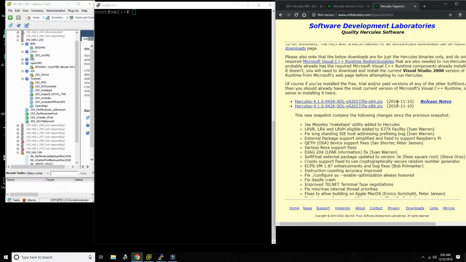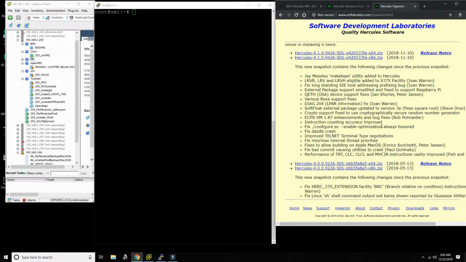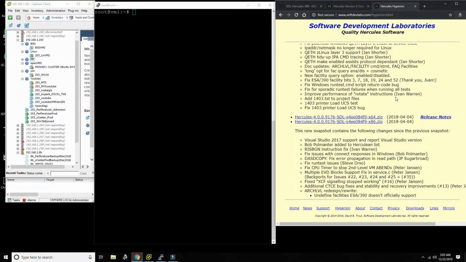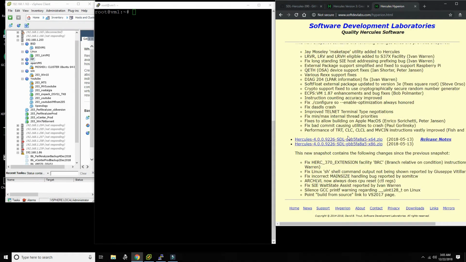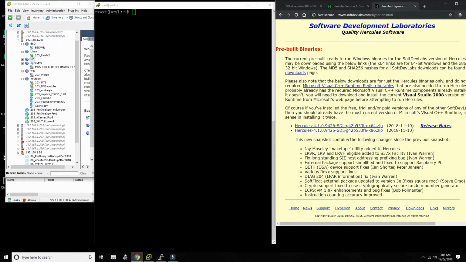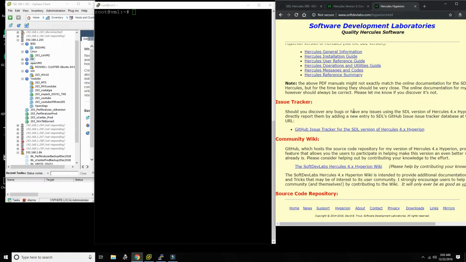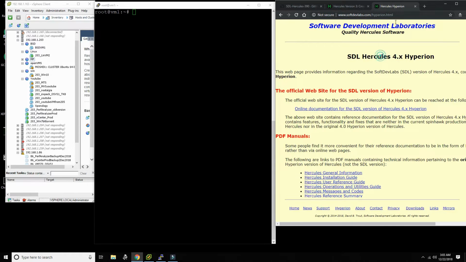But here he has a Windows binary as of 2018, 10th of November, which is already a little bit of an older version. He also keeps previous versions here. So this is the 4 series version. It's called Hyperion. That's the code name for this version. And then there's also Hercules, the 3 series, which is just called Hercules, which is what comes pre-installed with, which you can easily install on things like Debian or Ubuntu or Red Hat with